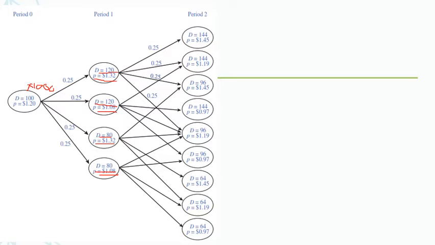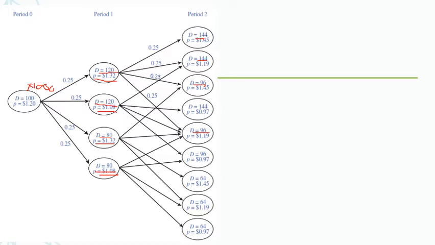See here, again this D may increase to 144, 144, or it may decrease to 96, 96. Similarly, D increases, P increases; D increases, P decreases; D decreases, P increases; and finally D decreases, P decreases. These are the four combinations. Each one of them may have that combination, and some of them will overlap. You can see that these arrow marks connect to the corresponding nodes which represent those things. Only those four possibilities are possible.